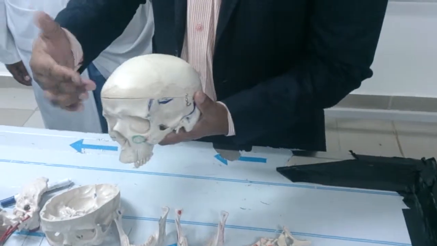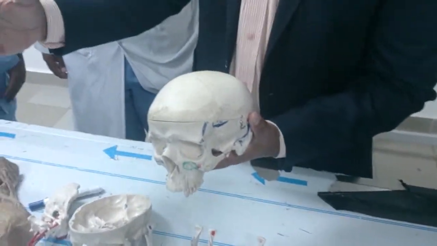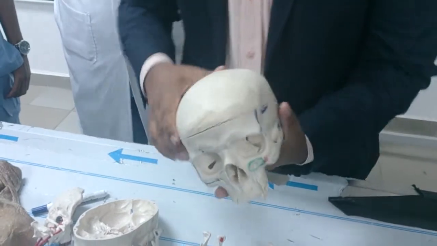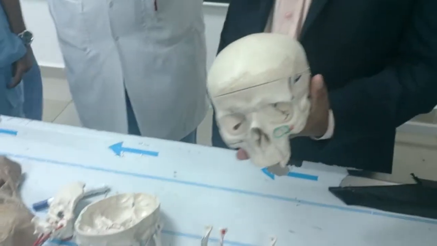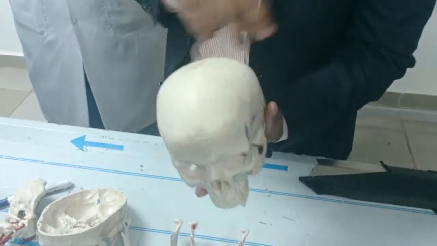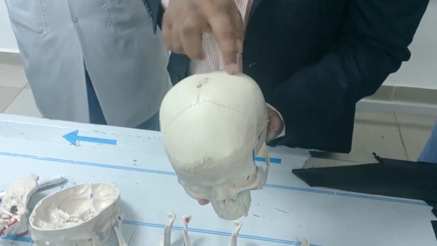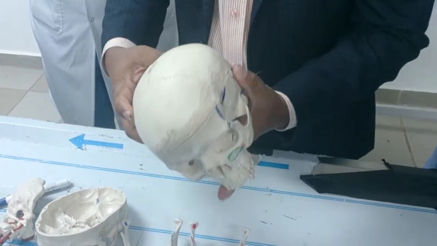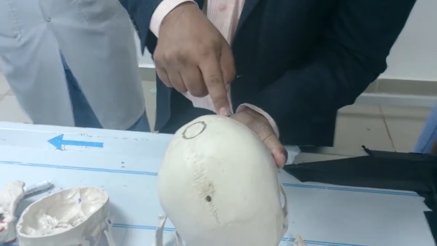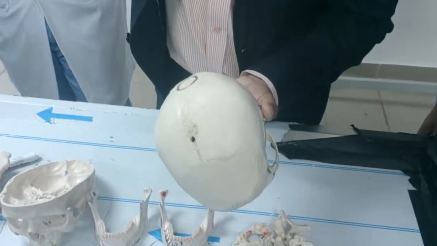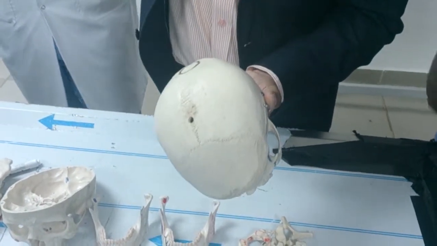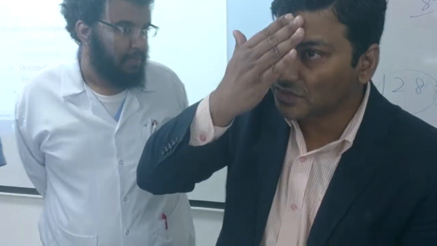The first bone is the frontal bone. This is single, this is unpaired. Then next, these two bones are the parietal bones, and then this is the occipital bone, and this region is called the occipital region. So don't confuse. This is the occipital region, this is the frontal region, this is the parietal region. So this bone is called occipital, and this bone is